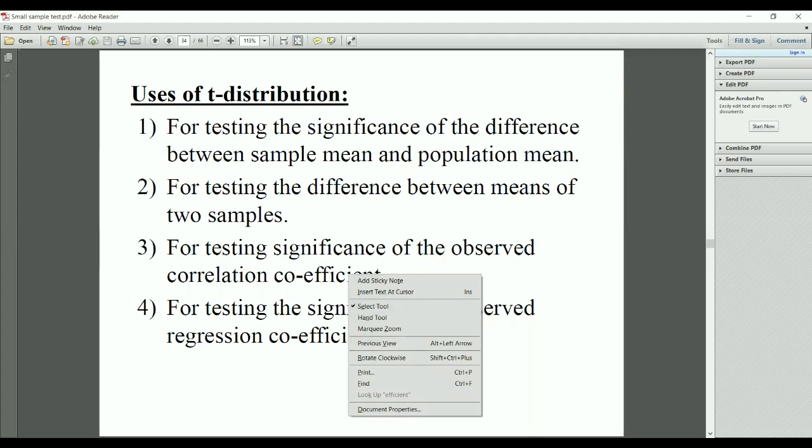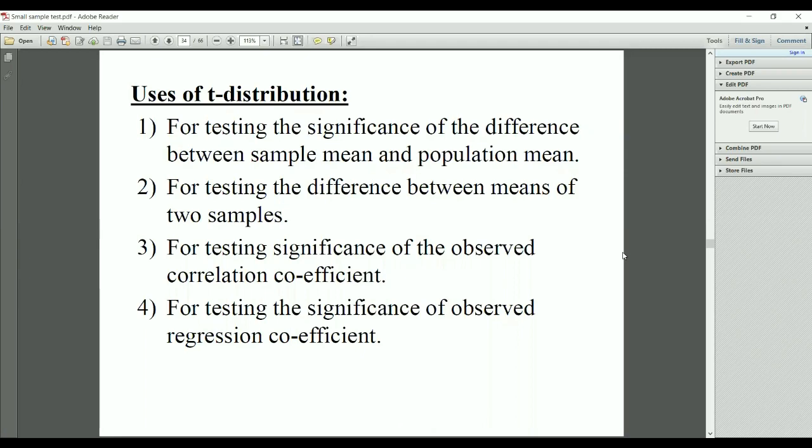If I give one example, you have to select which distribution suits that problem. Always remember this: whenever we go for two samples, or for a sample mean and population mean, and we are going to check this, that time we go for the t distribution. Paired t is for before and after observations. For a single individual with before and after values, you can go for the paired t test.